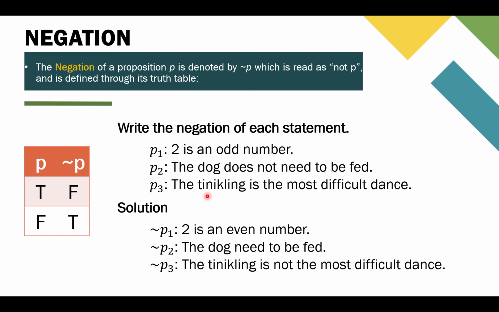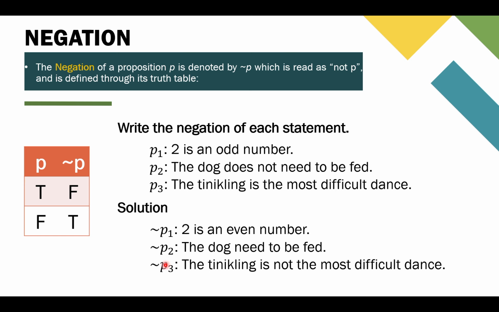Ayan. So that goes the same with our third proposition. So the tinikling is the most difficult dance. Dito tayo sa first row. True yan. So para sa akin true siya. So pwede rin maging false if dancer kayo. And then, kung ibabalik ta rin siya, pwede siya maging, the tinikling is not the most difficult dance. So, lalagyan nyo lang siya ng not, yung word na not, para maging tilde P or not P ang kanyang